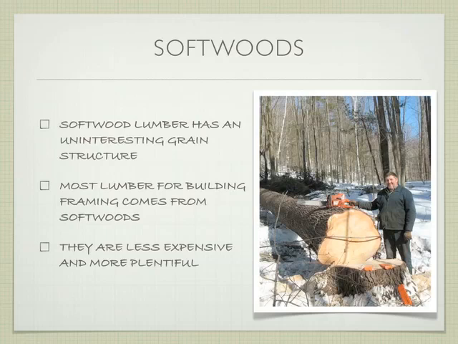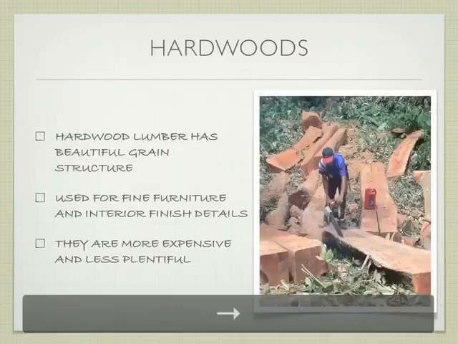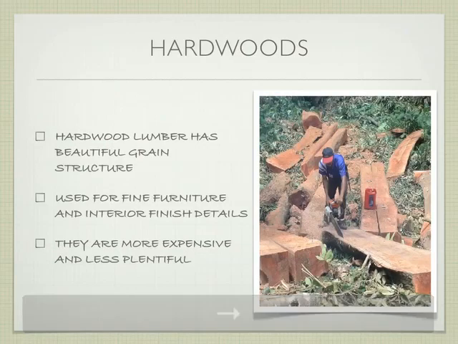It's most often the lumber that's used for building framing. Anything that you're not going to see, it's going to be used with softwood, and that's because it's less expensive and more plentiful. So if you think about the forests that are up near Tahoe, the forests in the Pacific Northwest, there's an awful lot of these kinds of trees, the firs, the pines, those kinds of things. They're relatively inexpensive to get here. Also, they grow really fast, which is a big advantage. Okay, hardwoods on the other